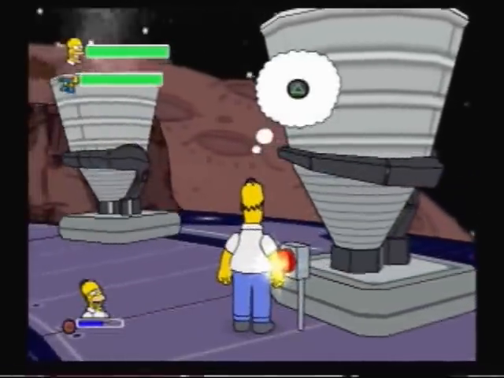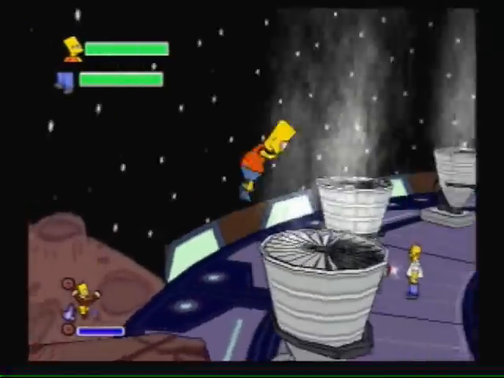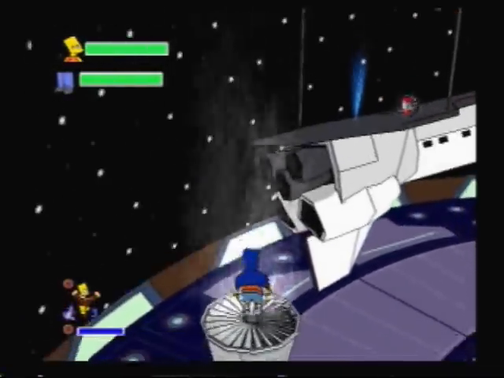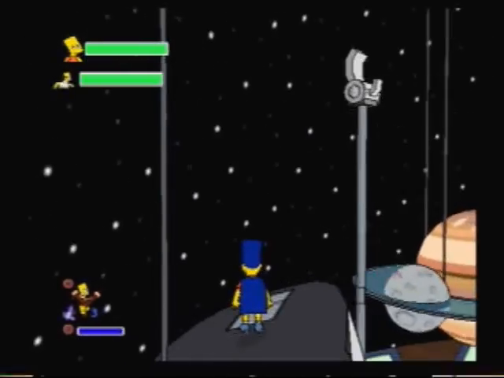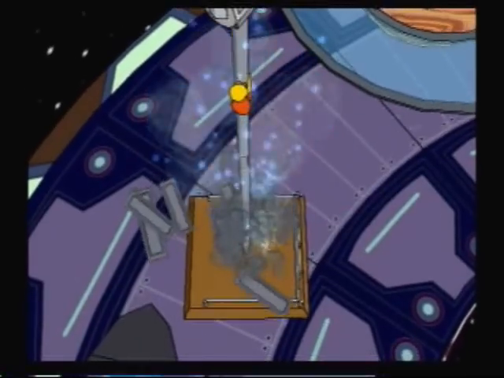Alright, so we just need Homer to start this machine. Do this. And then we should be able to fly across. And there we go, we get up here. And there obviously will be a way for Homer to get up here because there was a Duff bottle cap. And we're not going to do that kind of backtracking in this game, so...